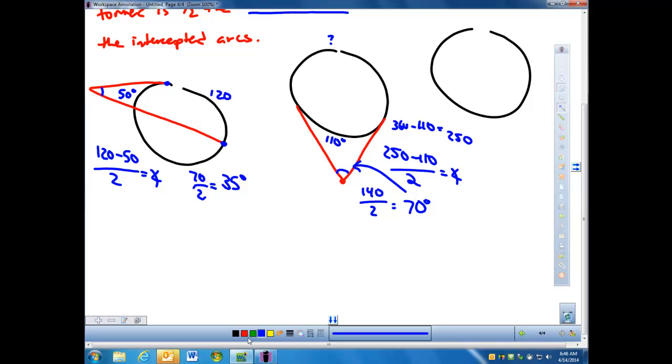Last but not least, we've got our last picture, which would be two secants. Two secants. So I've got two secants that are drawn here. You've got a lot of arcs in this picture, but the only arcs you're really concerned about are the two that come in between the sides of the angle. Now it looks like I've indicated that one secant actually contains the center. So it's a diameter. So the first thing we're going to have to do is figure out what's that leftover little arc there. So we know that